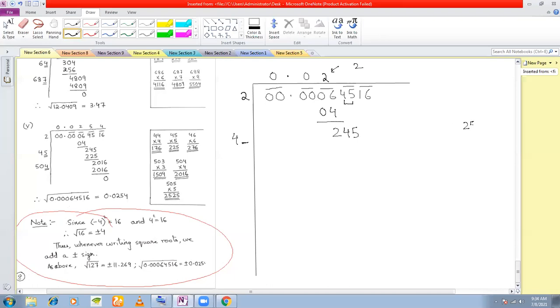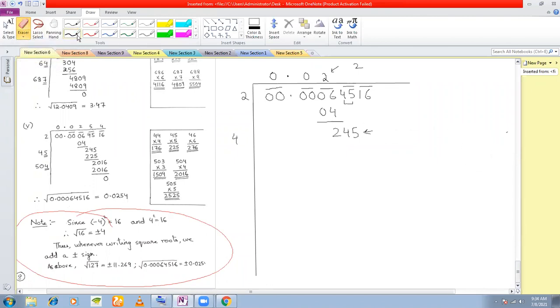245, you can approximate it to 250. And mentally you can put a 0 here to check. So 40. So this is approximately 6 point something, right? So 6 is the quotient. That means we can put a 6 here or a 5 here or a 7 here. Okay, let's try with 6 first. 46 into 6 will give you 276. But 276 is greater than 245. That means we need a number that is lesser than 6.